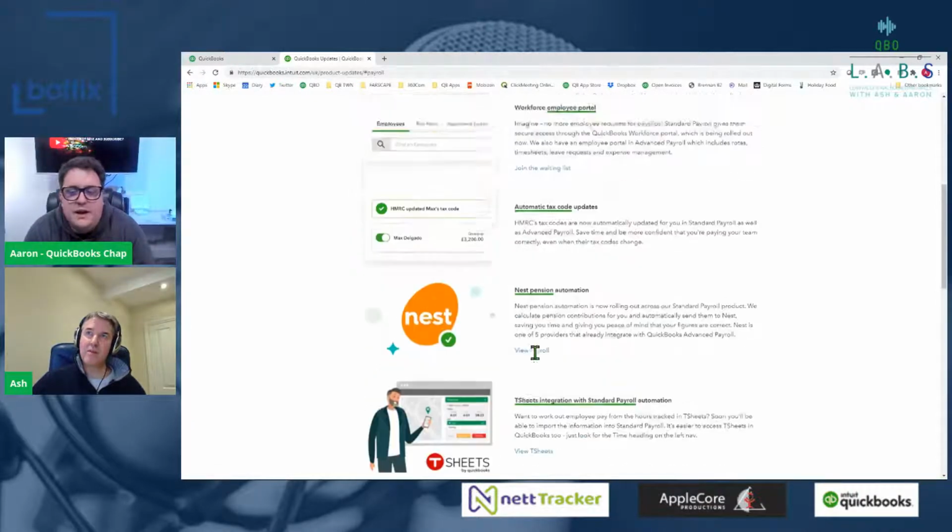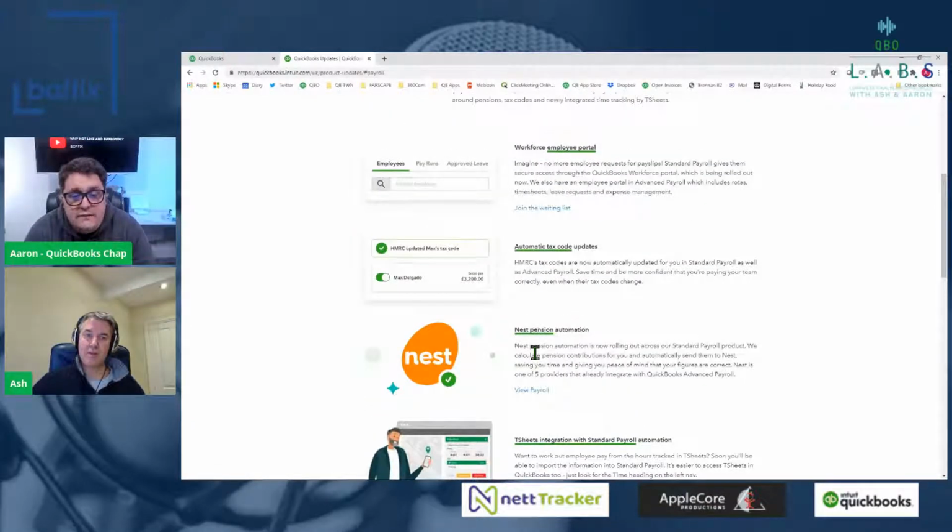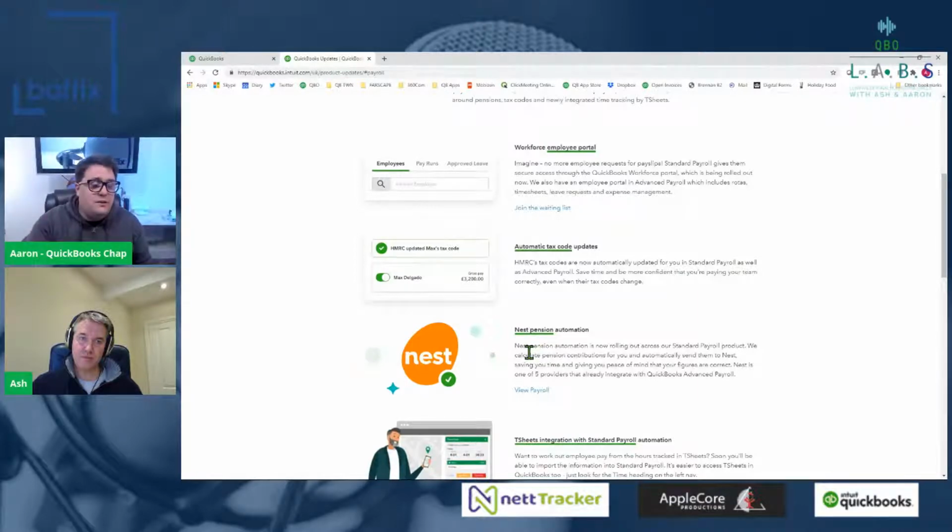One thing I'd say just extra on that portal though that you brought up, and I really do like the portal idea, because we use the advanced payroll for our practice. One of the features that we use more than most is, it's great that they can grab their pay slips and they can book time off and do things like that through there. It's fantastic. But we found it even more useful that when you take a new employee on, you just send them one link and they fill out the information for themselves. That whole self-provisioning and being able to get all the information you need off them. I think that's one of the really, really useful features of it.